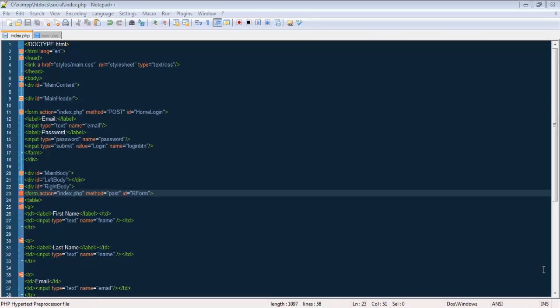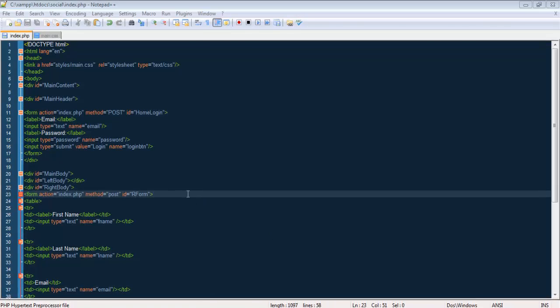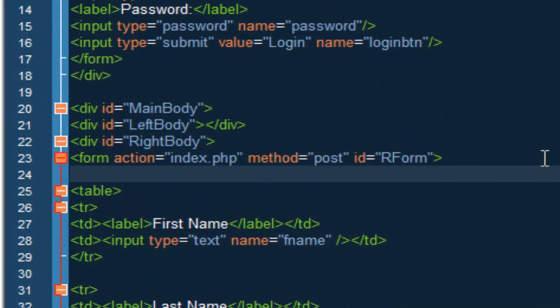Alright, so now that we have the register form completed, we want to process it. But before we do that, let me do some center tags, and inside the center tags, h1 tags, and we're gonna type in register for free, and then after that